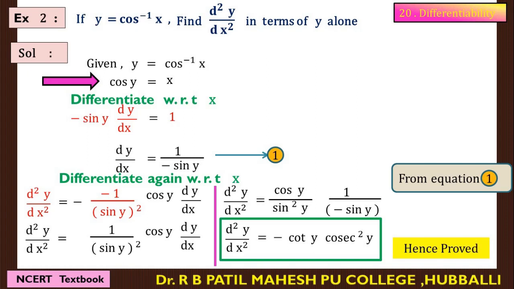We proved the double derivative in terms of the y variable. Here this function you can write in any manner. Cot y you can write, otherwise cos y divided by sine cube y, and 1 upon sine cube means cosec cube y, so cos y cosec cube y, like that also you can write the answer.